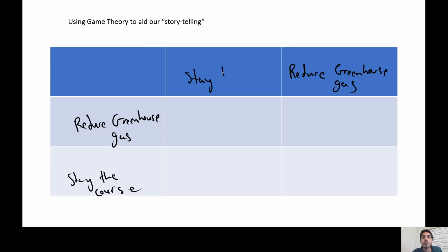Right, so we can think of two strategy sets for potentially two countries, right? Stay the course or reduce greenhouse gas emissions. Oh, and I just realized I probably should put this here and switch them, but I'm just going to leave it like this for now. I'll do that in the next game, right? Because we can still sort of see the intuition. Doesn't alter the intuition that we can develop, right? And we can think of two countries like the US and China.